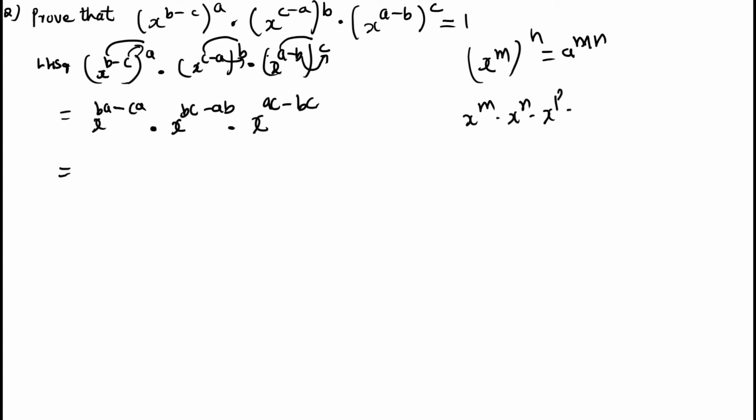Then the next step, x to the power m into x to the power n into x to the power p. What's the formula? X to the power m plus n plus p. Here base is x, here also base is x, here also base is x. So you can add the powers. So you will get x to the power